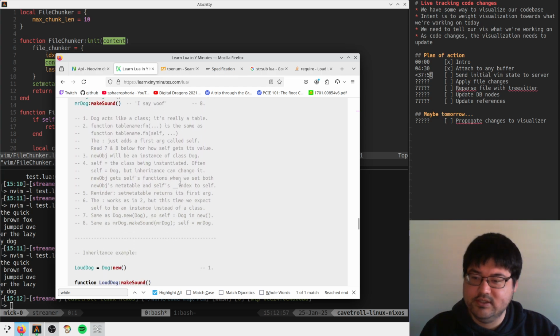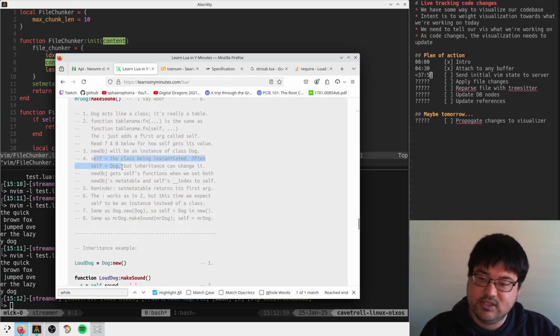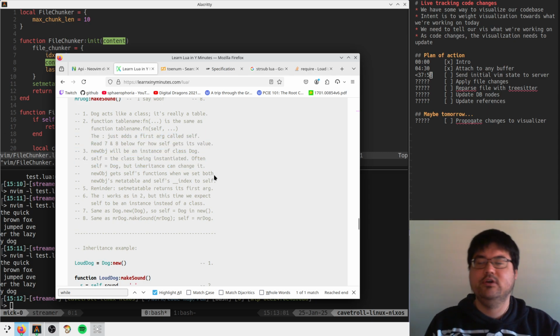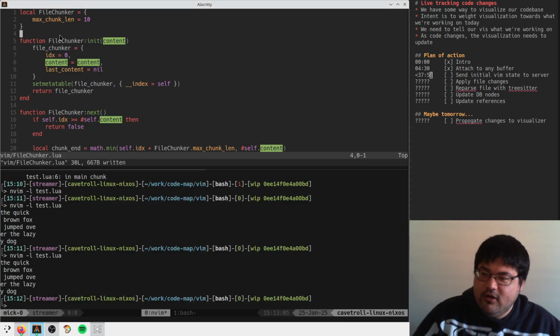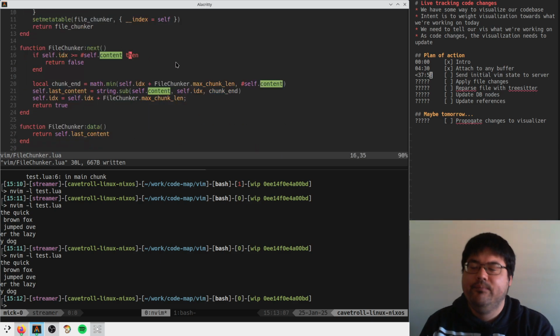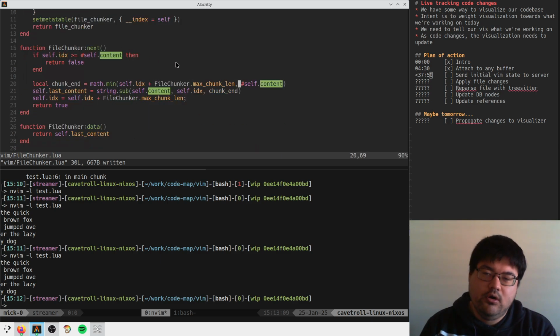Number 4, he says the class being instantiated often self equals dog, but inheritance can change it. But also, forget it. I'm never going to use inheritance, so I don't have to do what you say. You're not the boss of me. Okay, so